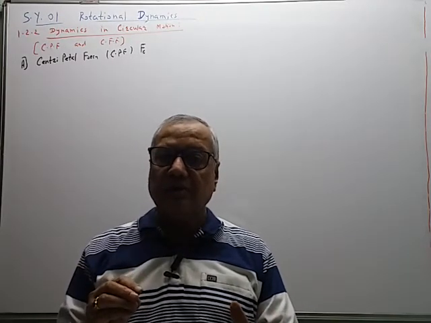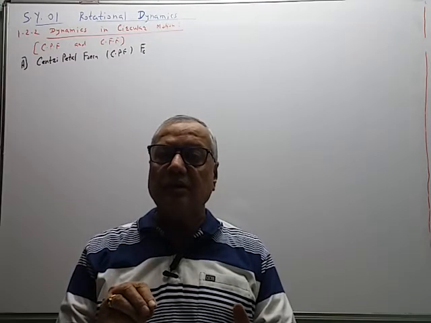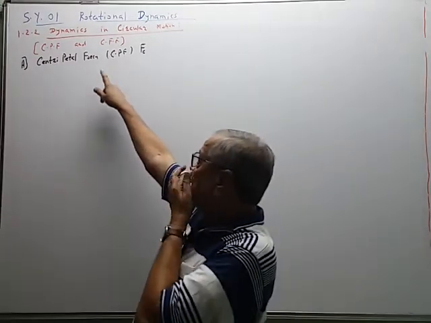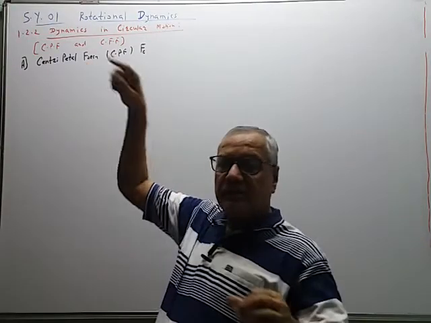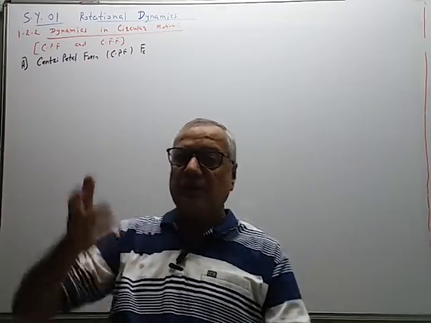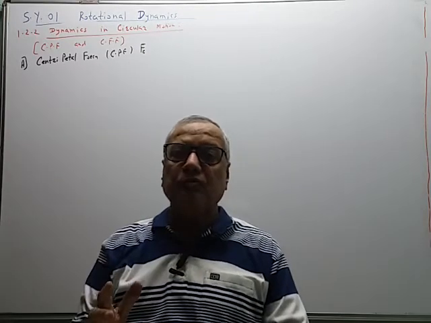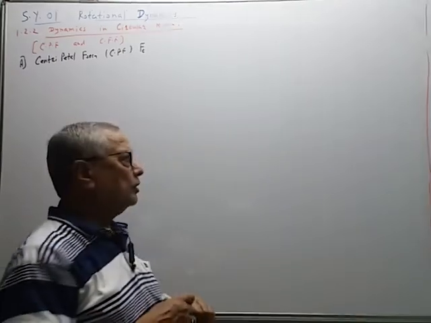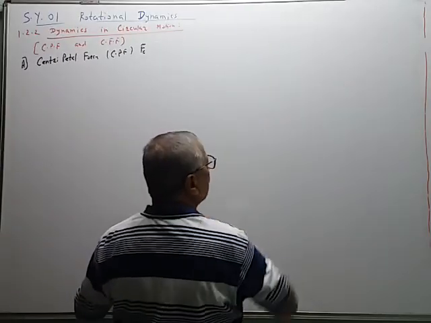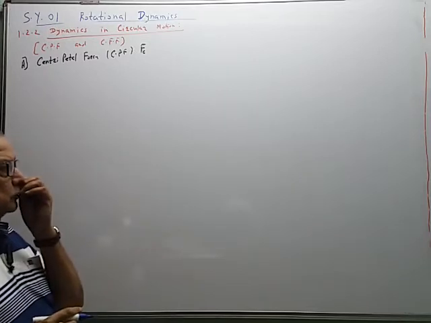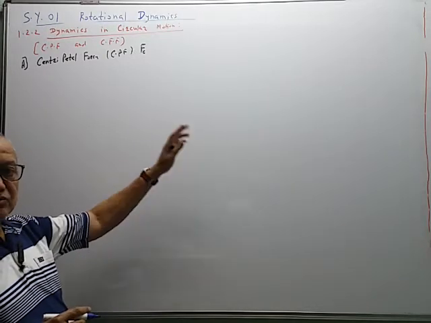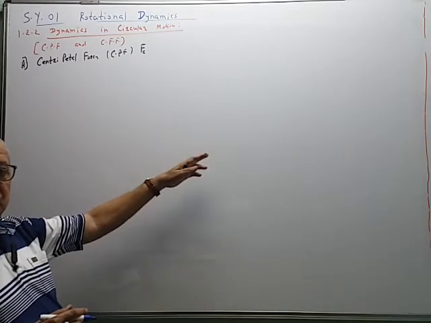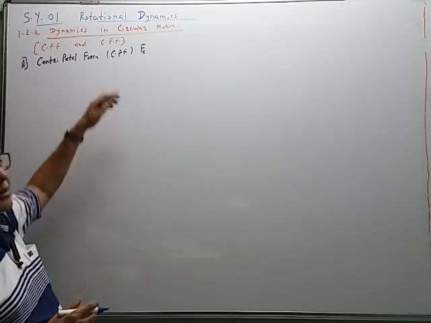The vector in circular motion which is directed along the radius and toward the center is called as a centripetal force. So if the vector is the acceleration vector, then it is called as a centripetal acceleration. If it is a force vector, then it is called as a centripetal force, like this. So we know Newton's law of motion. Force is equal to mass into acceleration. So last time we have derived the expression for the centripetal acceleration. It is produced by some force, and that force is called as a centripetal force.